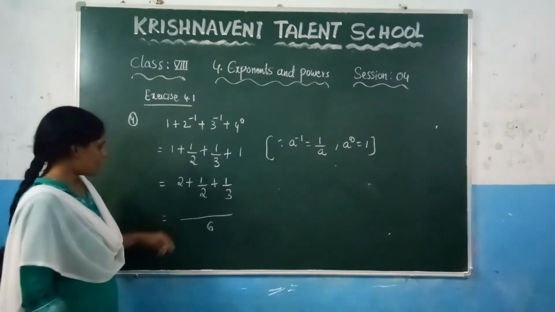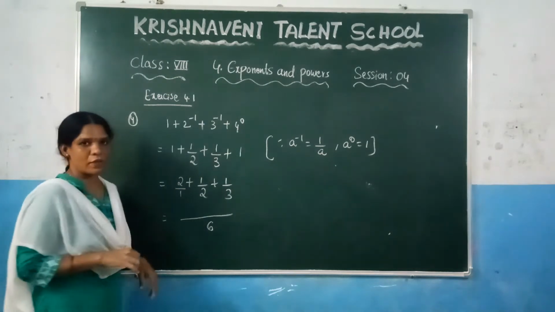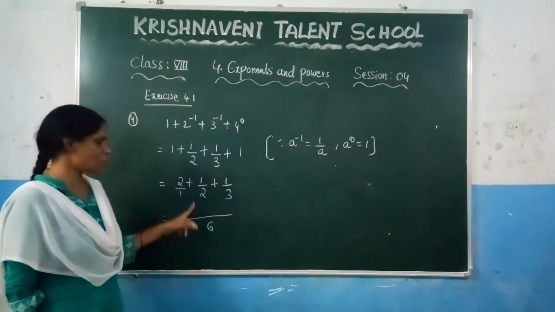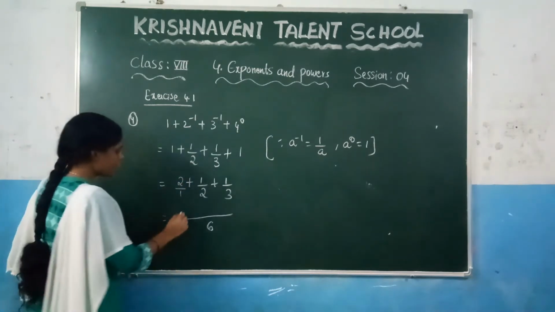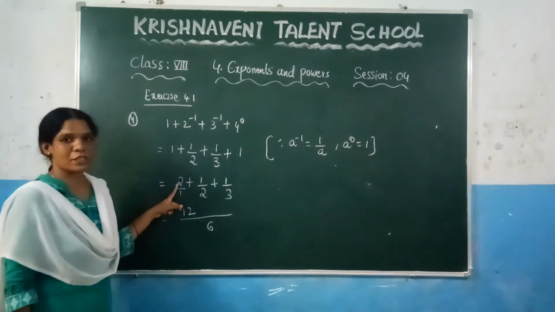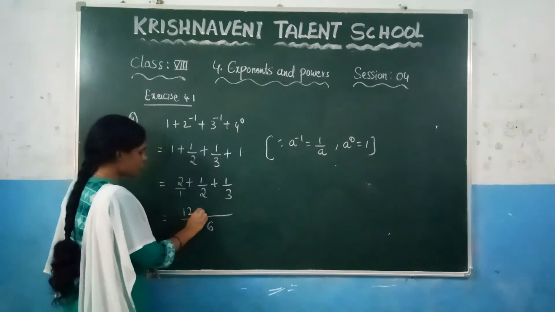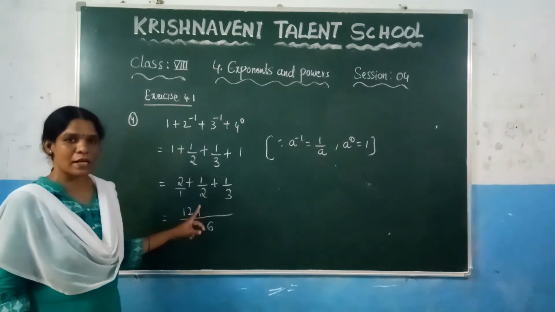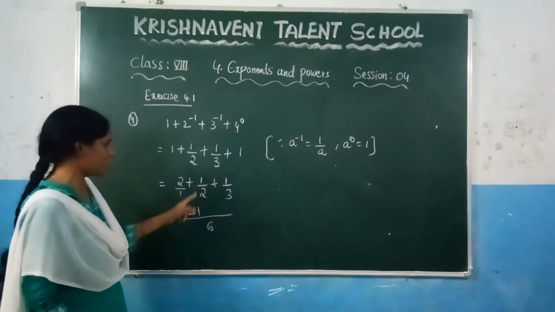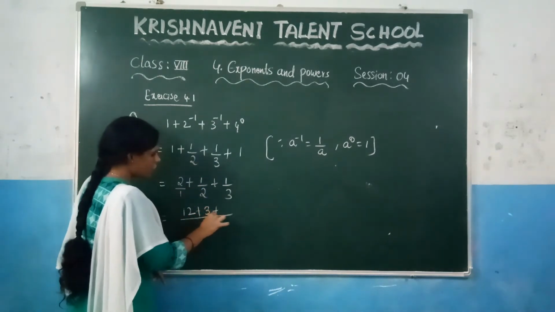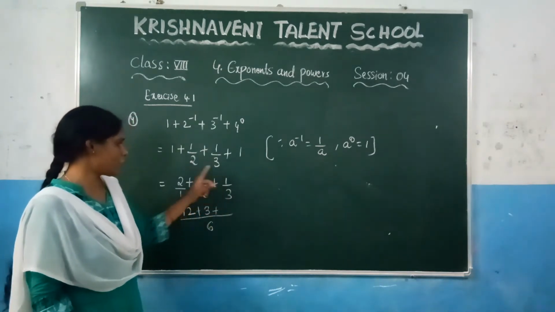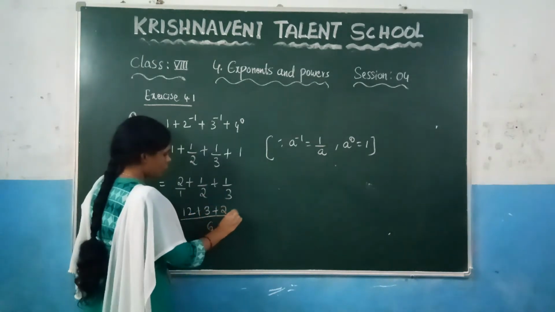So here now you can write this one as 2 by 1. So you know that in one table you will get 6 at 1 into 6. So multiply with here 6. You will get here 12. 2 into 6 which gives you here 12. Plus in 2 table value you will get 6. 2 3s are 6. So multiply 3 in the numerator. 1 into 3 which gives you here 3. And similarly 3 2s are 6. So multiply 2 here. 2 1s are 2.